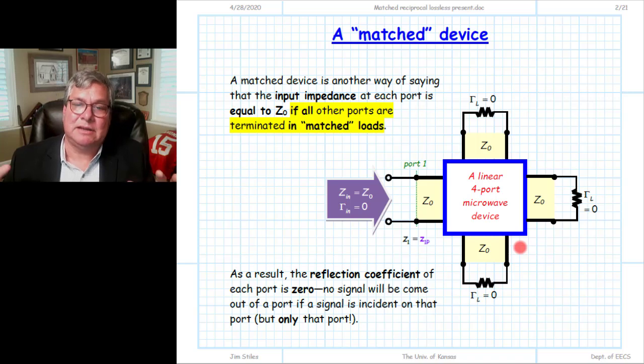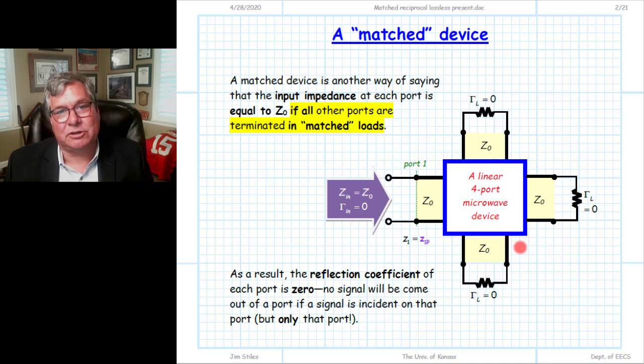What that means is that we can connect matched devices to other matched devices with transmission lines with a characteristic impedance of Z0, and preserve a conjugate match. All the available power of every matched source will be delivered to every matched load when we connect matched devices to each other. It only takes one non-matched device, some weird device here where gamma L is equal to 0.6 or something like that,